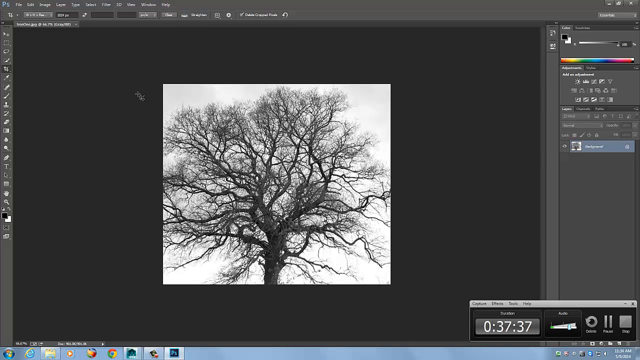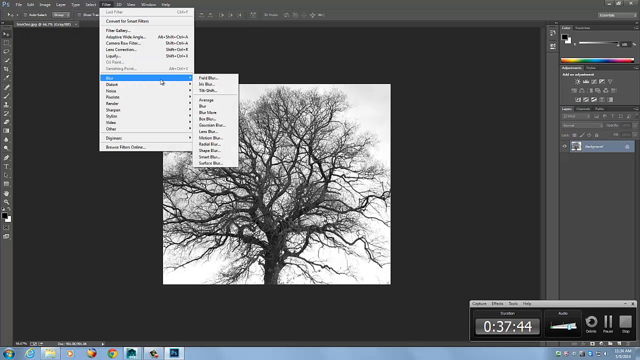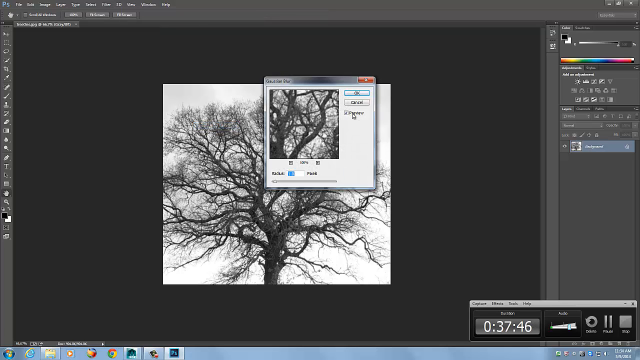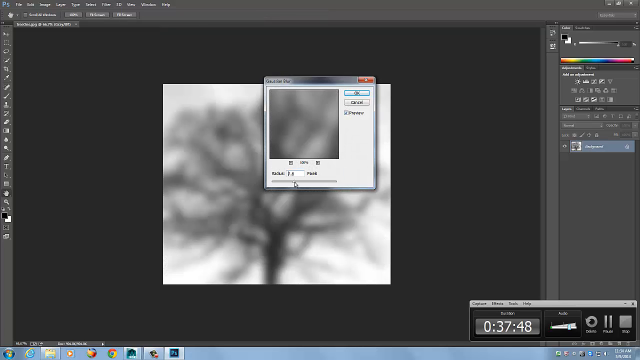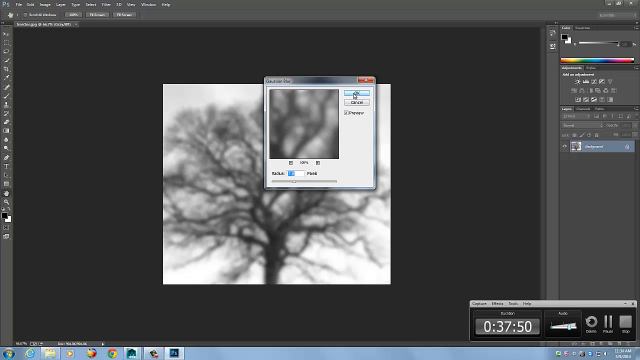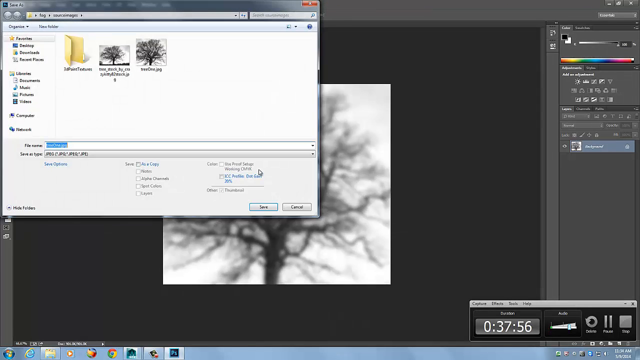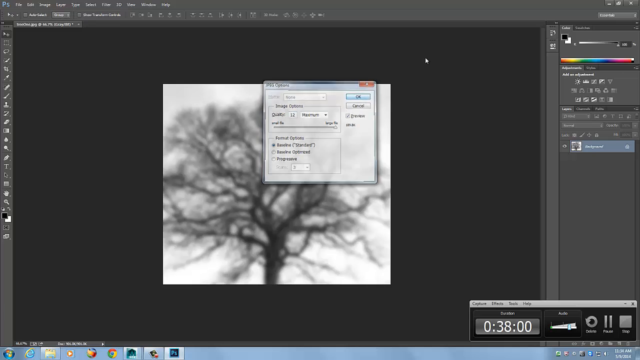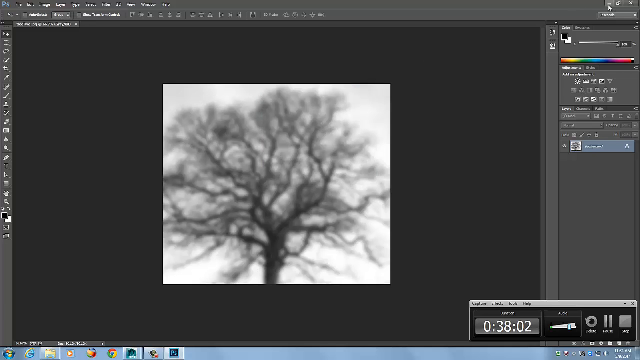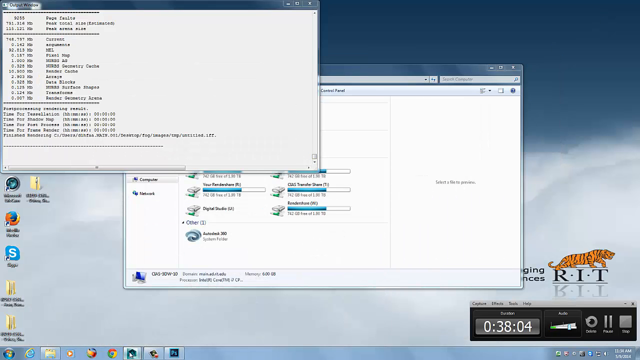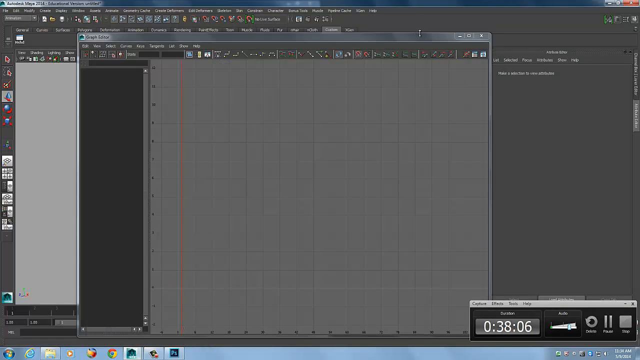Why can I not blur this? There we go. And I'll save this one. Tree 2. Okay. So then in Maya, I'll just